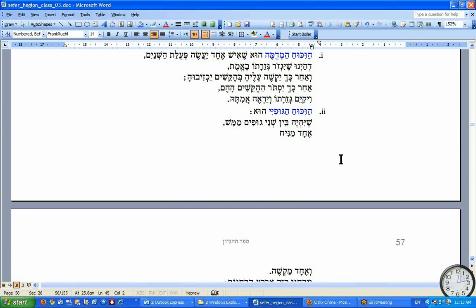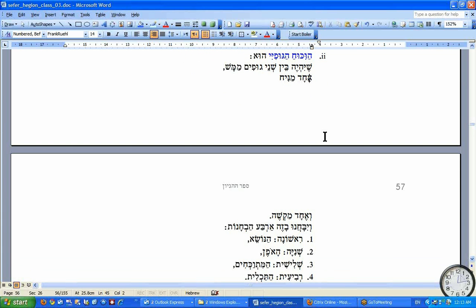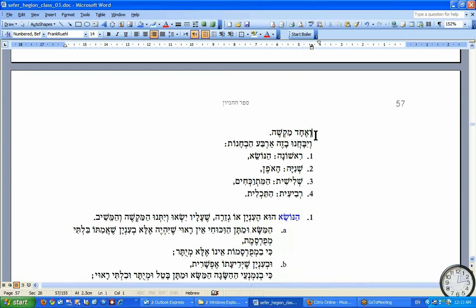Anyway. So he says the bechur hagufi hu sheyeh ben shnei gufim mamash. So two people are actually arguing. Echad maniach. There's a person who sets up the premise or the argument. Ve'echad makshan, and there's an opponent which brings the hekashim against the maniach's position. Now,